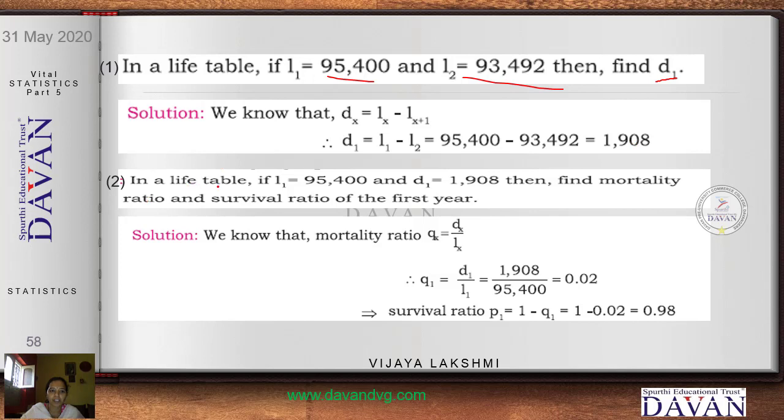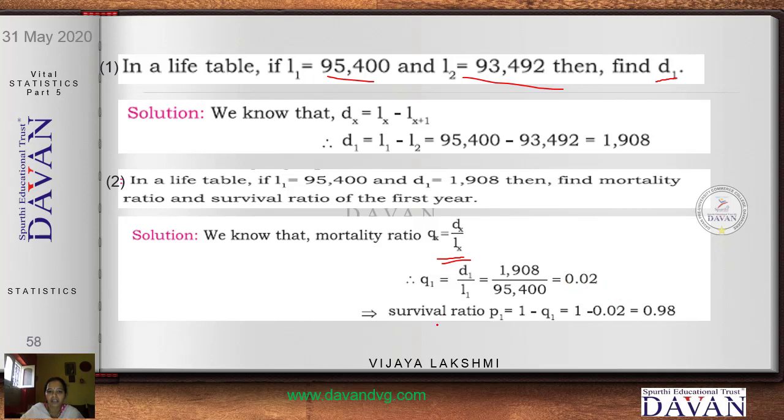Next problem, in a life table, if L1 is 95,400 and D1 is 1,908, then find the mortality ratio and the survival ratio of the first year. So we know that Qx, that is the mortality ratio, the death ratio, is given with the deaths divided by the total number of people who have survived at the age. So D1 is 1,908 divided by L1 is 95,400. So divide this, you get the value